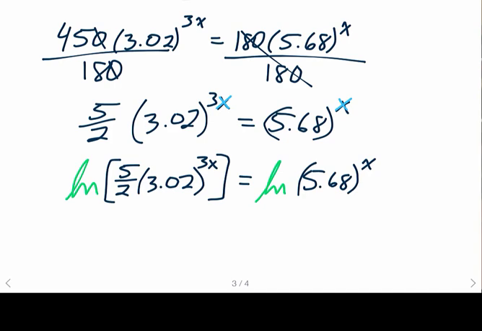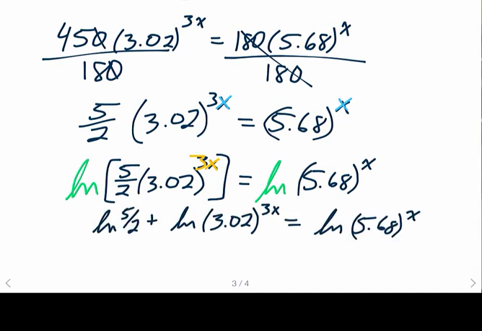The one where the exponent is 3x, that 3x as an exponent does not apply to the 5 halves. So I do not get to pull this out front yet. Don't do it. First, what I'm going to do is recognize that I have a product inside of a logarithm, and so I'm going to split those up into a sum. So I have the natural log of 5 halves plus the natural log of 3.02 to the 3x